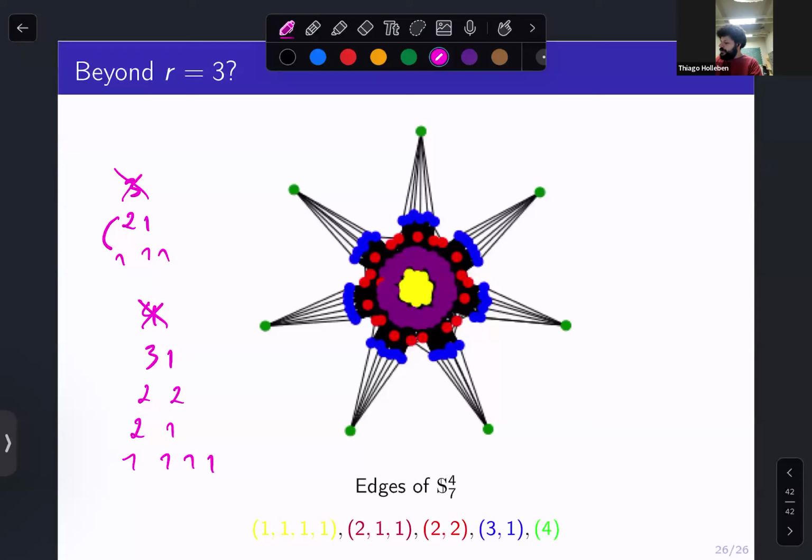And then the idea is 3, 1 is adjacent to 1, 1, 1, 1. 2, 2 is adjacent to here. And this is 2, 1, 1. 1, 1, 1 is adjacent to itself. And 2, 1, 1 is also adjacent to itself and to 1, 1, 1, 1. Because you have a loop here, and then it's adjacent here. So in some sense, the top elements in the dominance ordering for very low R are adjacent to everything up to, let's say, the last one. And then when you decrease in the dominance ordering by 1, you go up in how far you are adjacent.